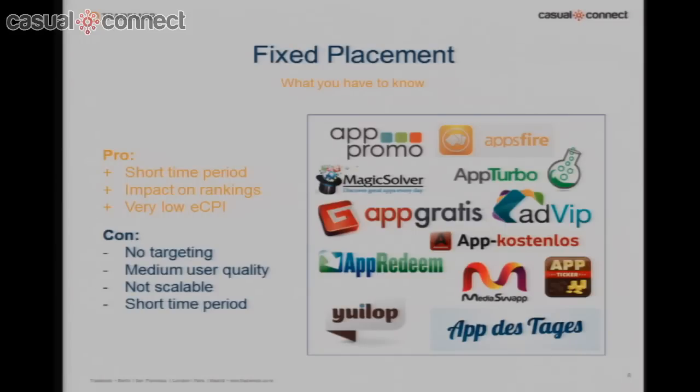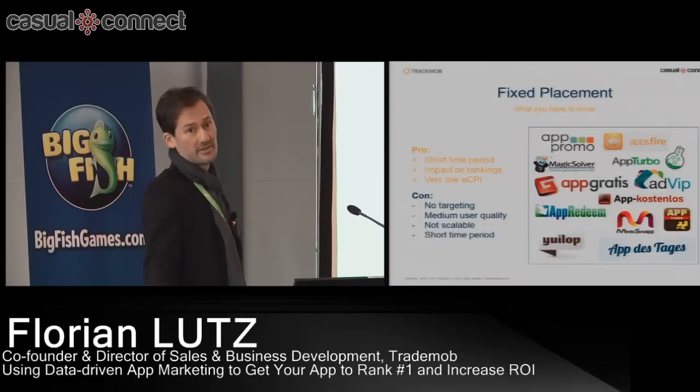And I'm sure you know the guys like AppGratis and AppTurbo. These guys are driving myriads of downloads, very high numbers of downloads within just one day, which is brilliant and has a massive impact on rankings, which again drives your organic downloads and all of that. So it seems quite cool in the first place. Also, effectively, they have very good effective CPI costs. So if you work with one of these discovery apps, you will effectively end up with a very low effective CPI, way below $1, which is quite attractive.